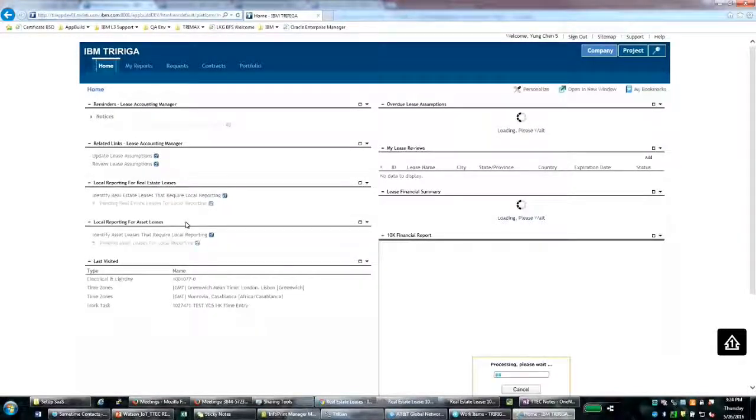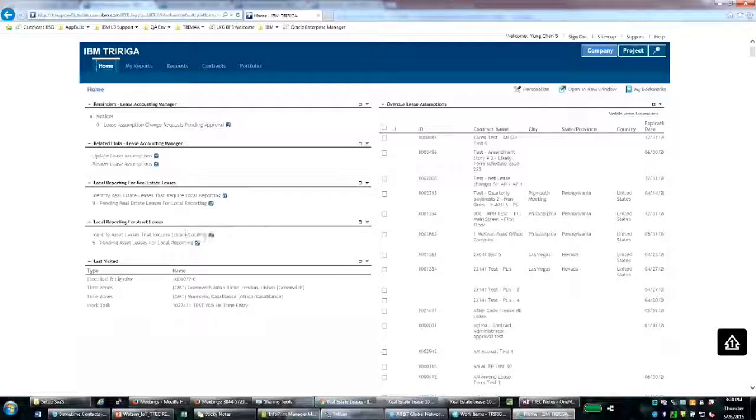So as you can see, this is a lease accountant portal, and these are the 2 new sections that we added, local reporting for real estate lease and local reporting for asset lease. And here we're going to go and identify